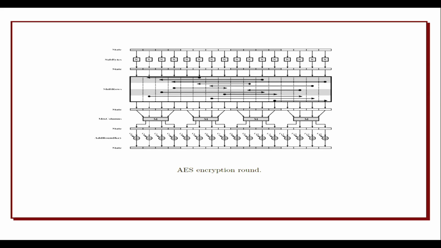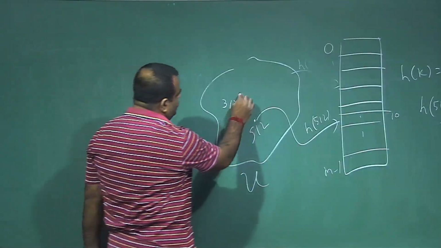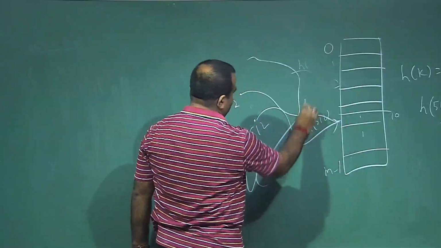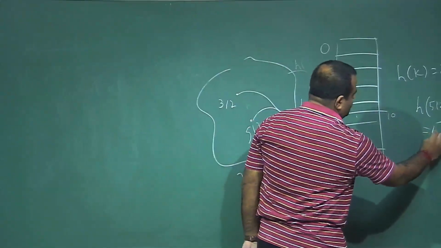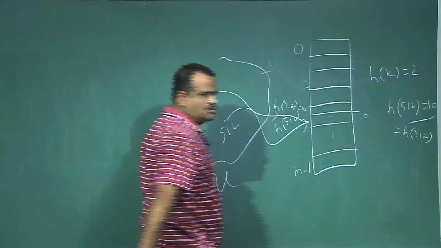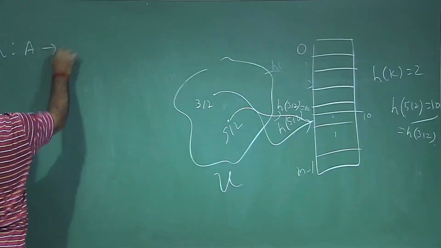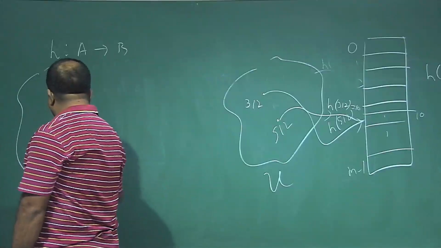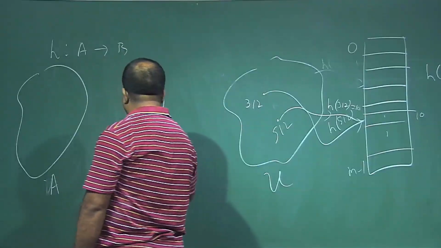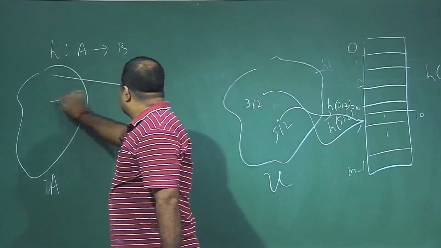Suppose we have this situation. Now, we want to apply 312, and suppose 312 is also hitting here. So, h of 312 is also 10, which is the same as h of 512. This is very much possible, because h is a function from A to B. A is the set of universe, and B is a very small set, because the number of slots is very small. So, there has to be collision,